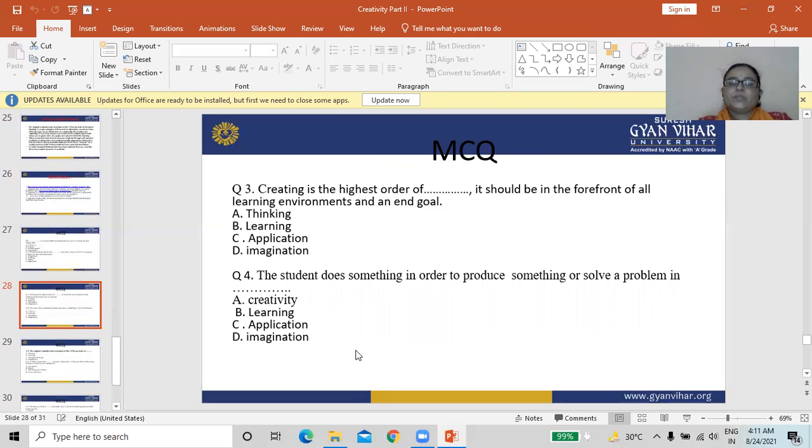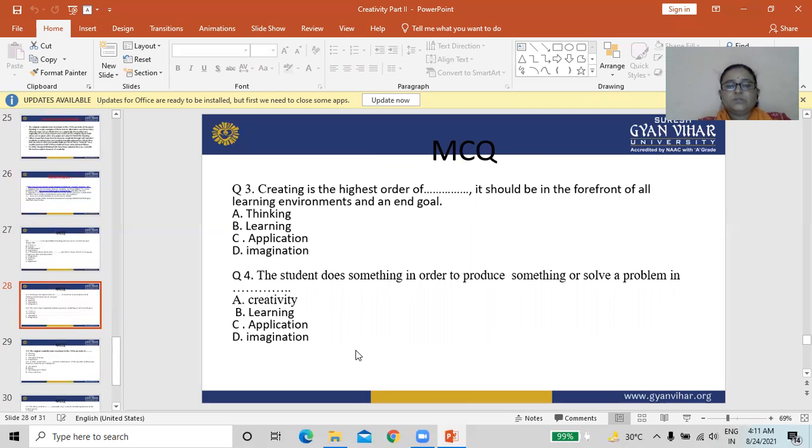Option A, thinking. Option B, learning. Option C, application. Option D, imagination. You have four options. Choose the appropriate answer.